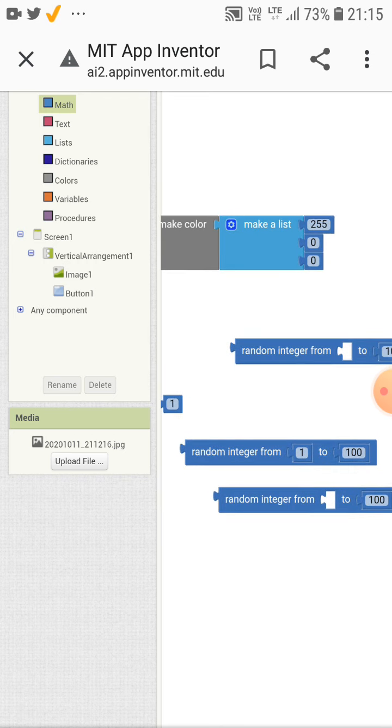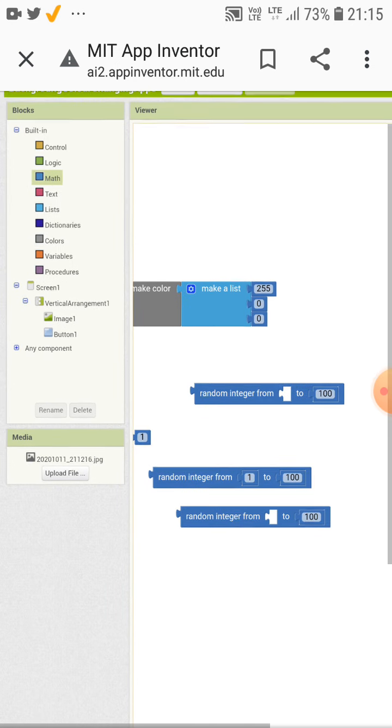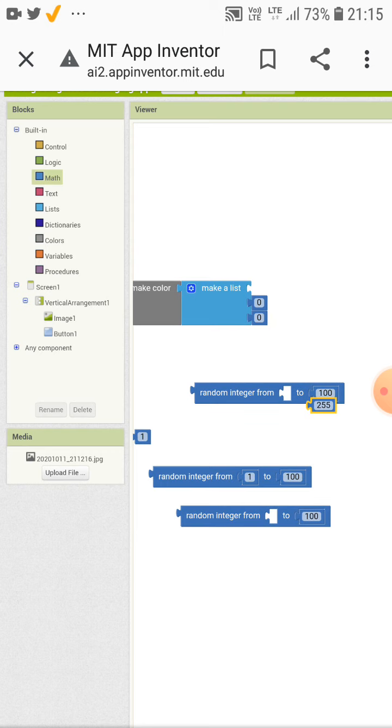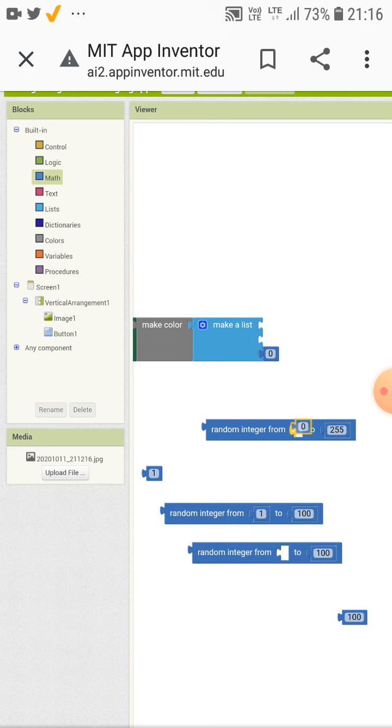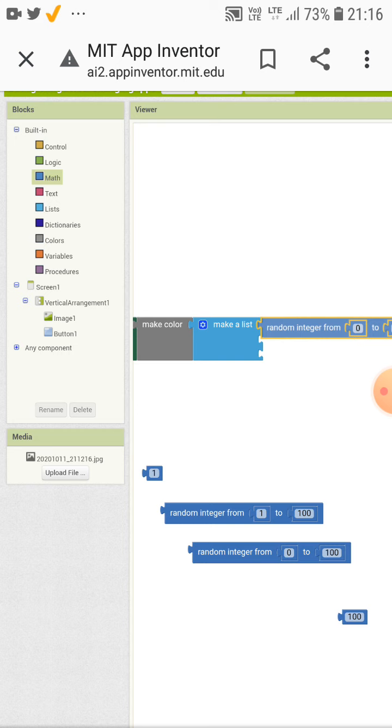And I think you all know that 255 is the highest number from which we can make the color, the highest range, and 0 is the lowest range. We don't have any negative integers in this.